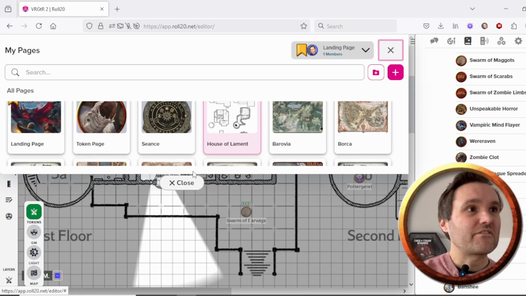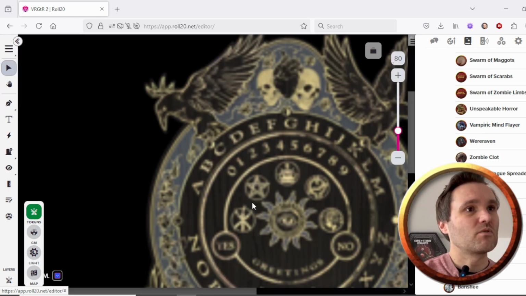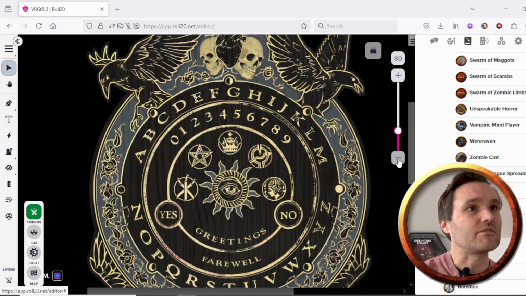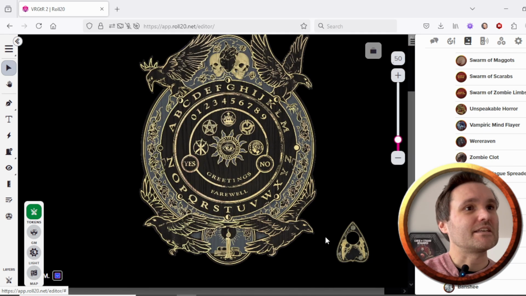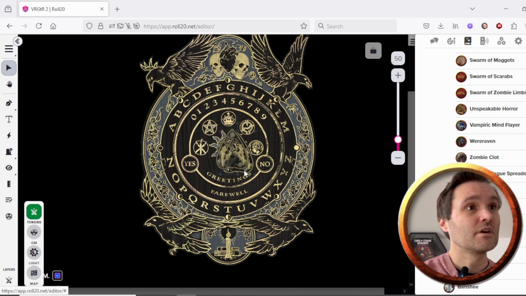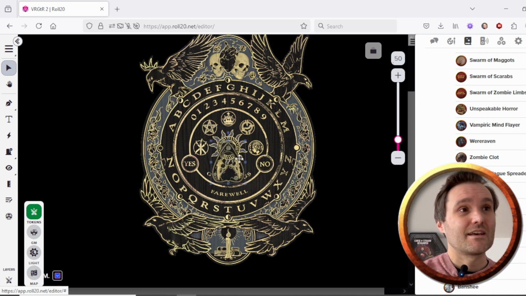And then finally, let's have a quick look at the Séance board. So the Séance board is used in House of Lament, but obviously you can use it however you want. What I really liked is as you can see here, the planchette is its own token. And when I played with my players, I showed them this map in quote